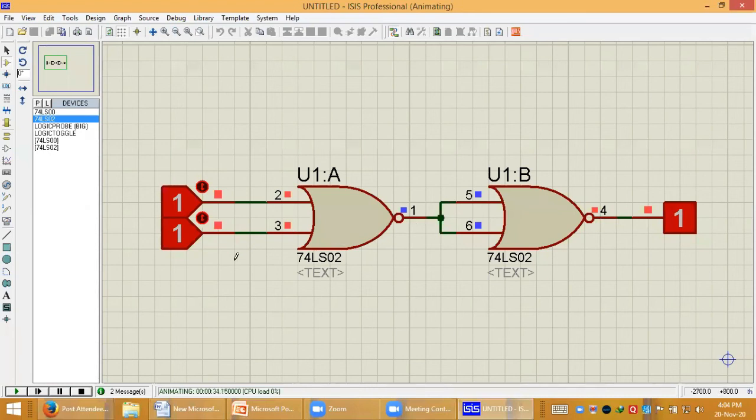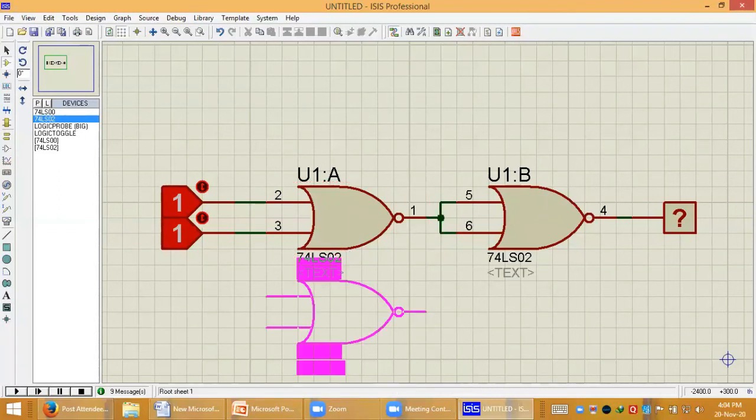Now let's see the AND gate implementation using NOR gate. It requires 3 NOR gates. I'll draw it here first.